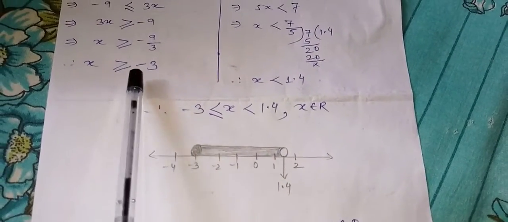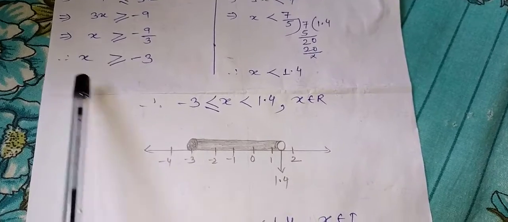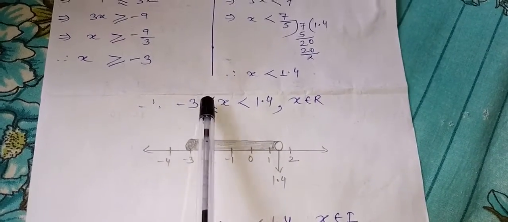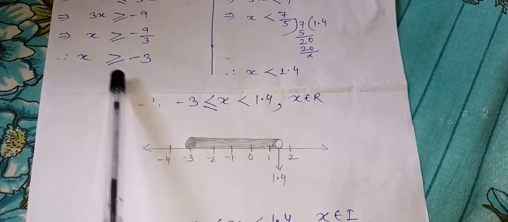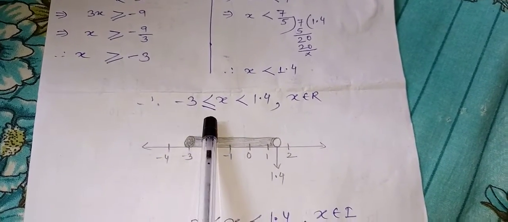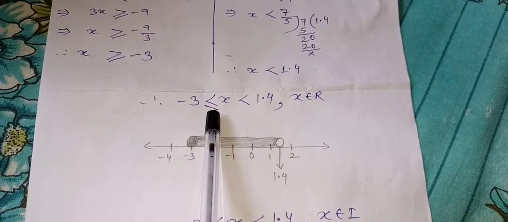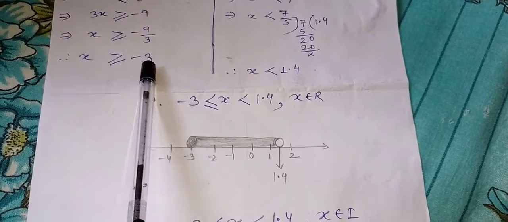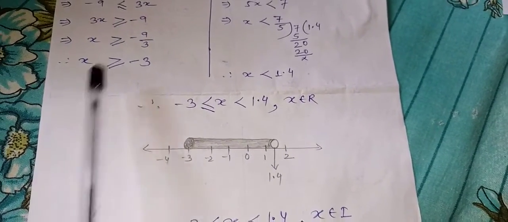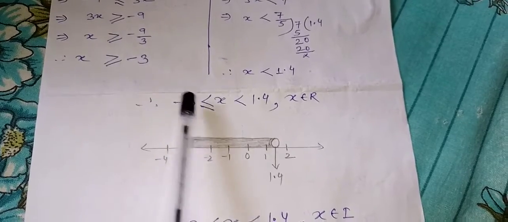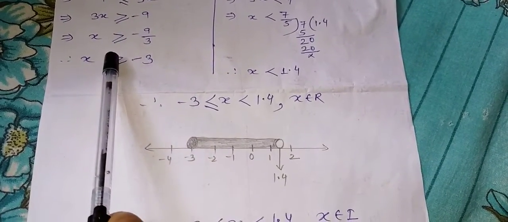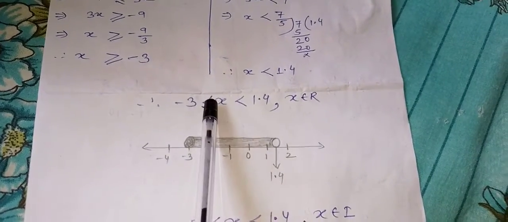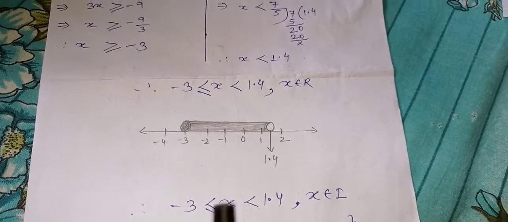The reason is the symbol is facing x, so x has come in the middle, so still the symbol is facing x, so the meaning is the same, but the greater than or equal to symbol has become less than or equal to. And equal to, why? Because there is equal to here at minus 3. So why did this greater than or equal to symbol become less than or equal to? I hope you understood, because the symbol has to face x, so still it is facing x.